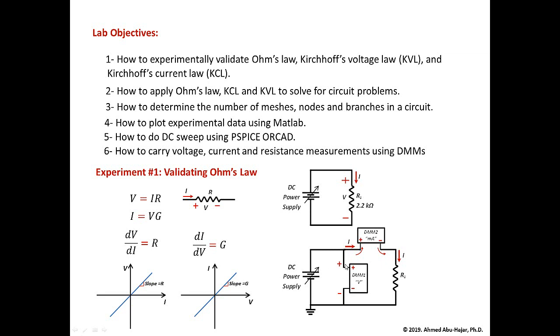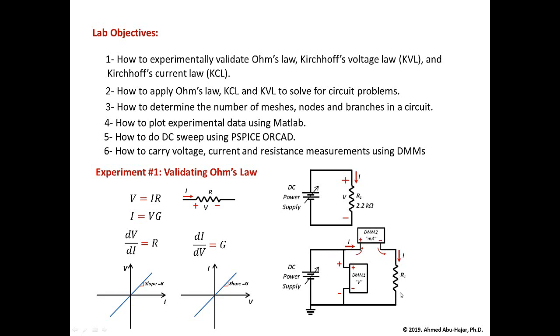Now when you want to measure the current, you want to break the resistor from the top of the circuit, and then connect the DMM from the top to the resistor. The reason is you want to visualize, and this is extremely important, that the current going through the DMM is the same as the current going